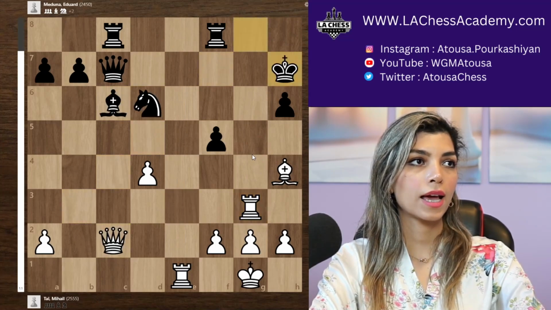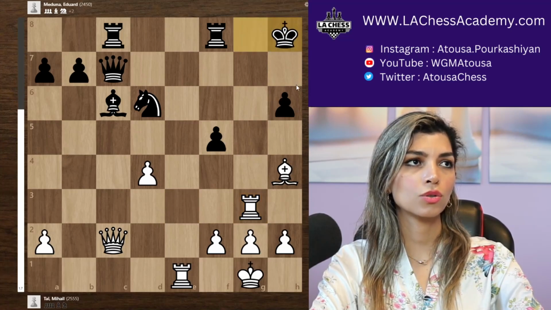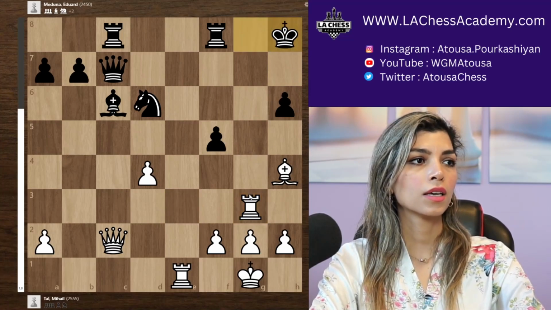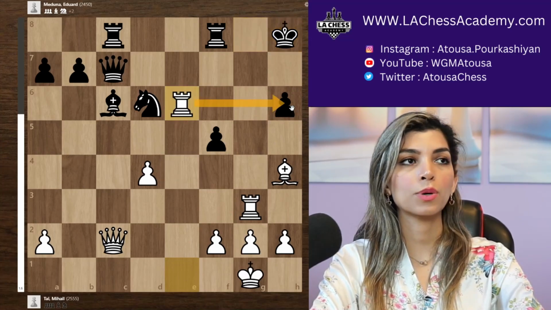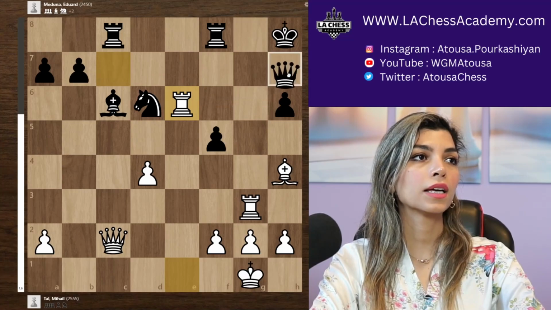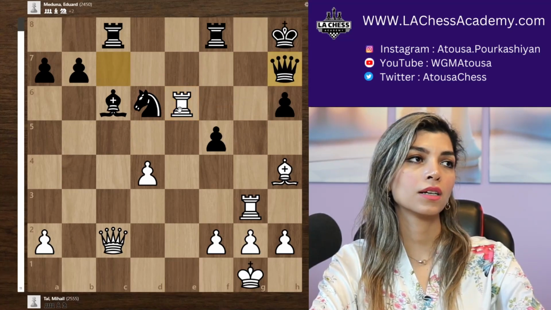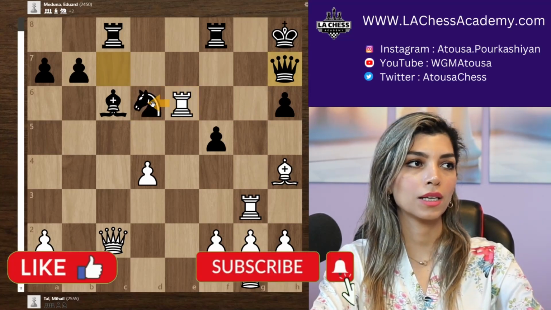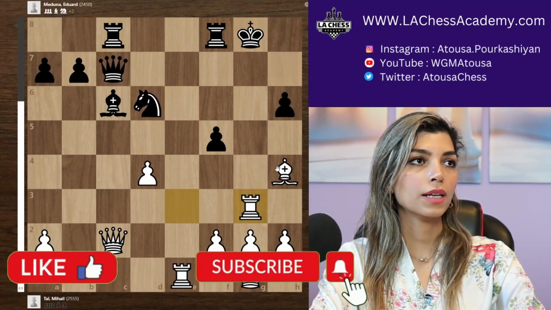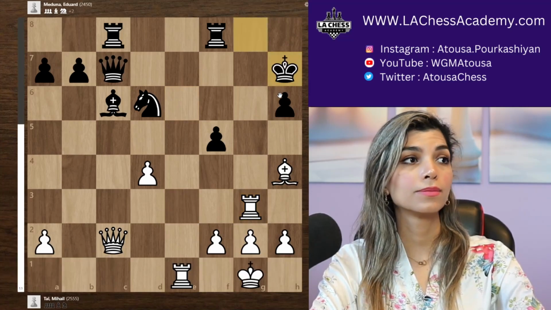That's why in the game black played king h7, but let's say if the king goes to h8, here white can play rook e6. The idea is to put pressure on h6, and if the queen goes to h7, here white can simply take the knight on d6 and win the game. But in the game, black played king h7,